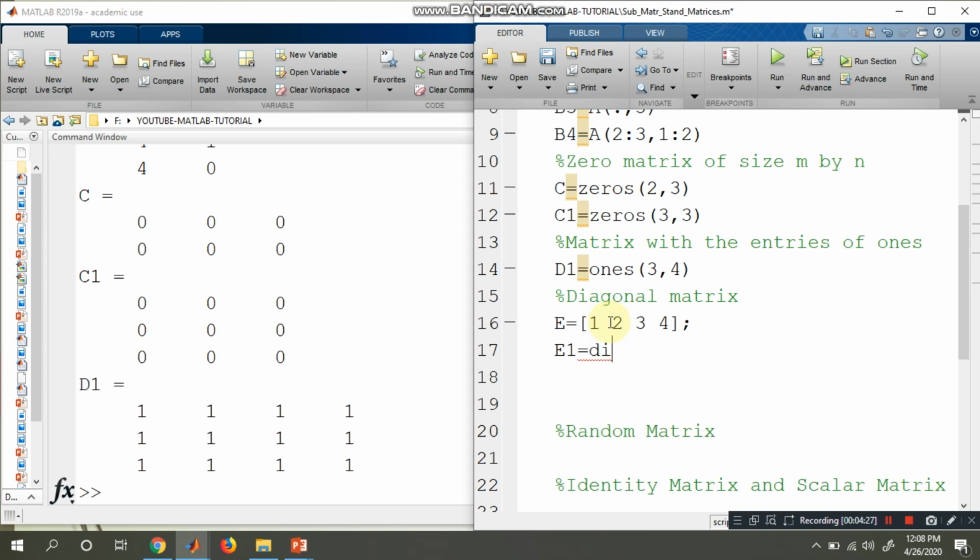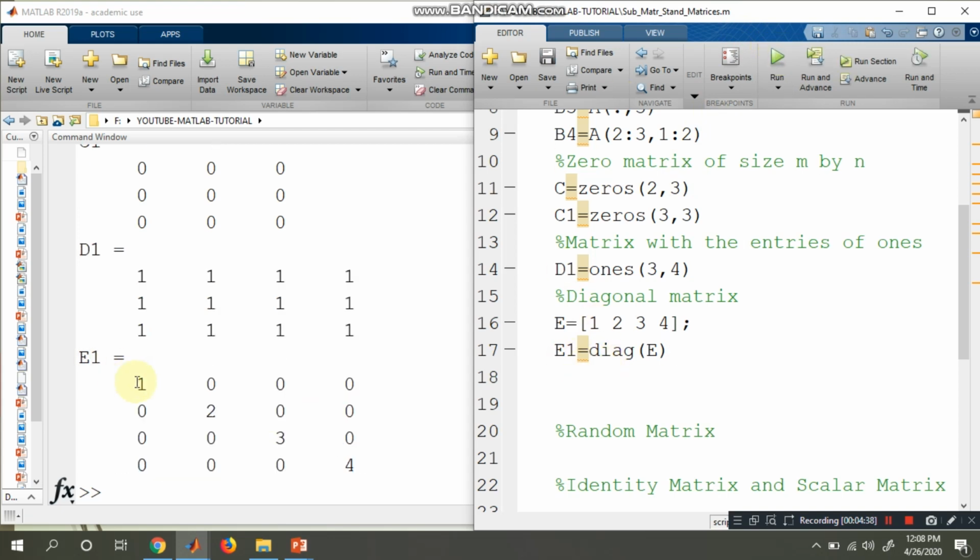To generate it, diag is the syntax. Let us see by executing what we get in E1. See here, 1, 2, 3, 4 are in the diagonal and the remaining entries are zeros. So this is how you generate a diagonal matrix.